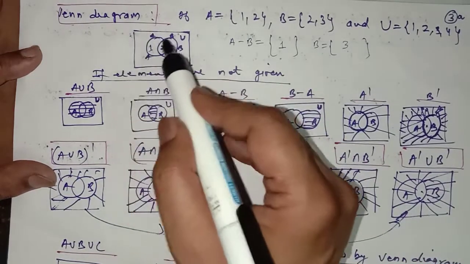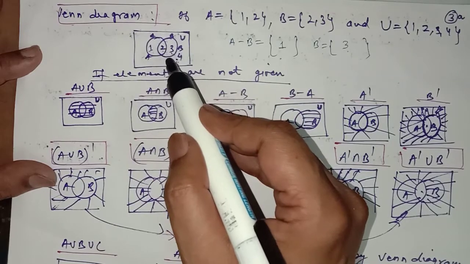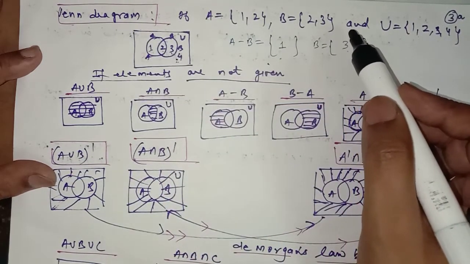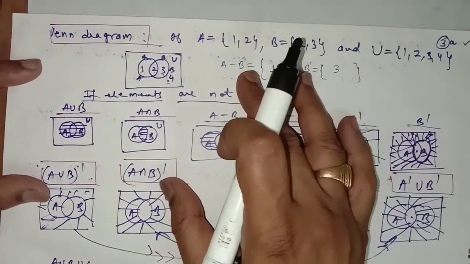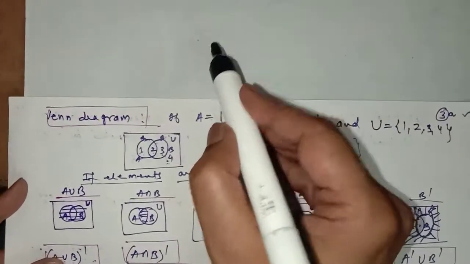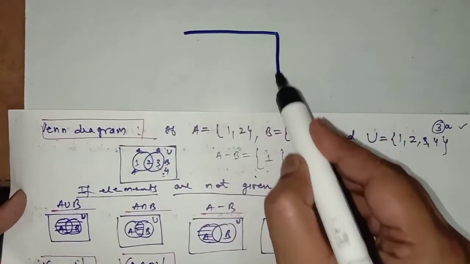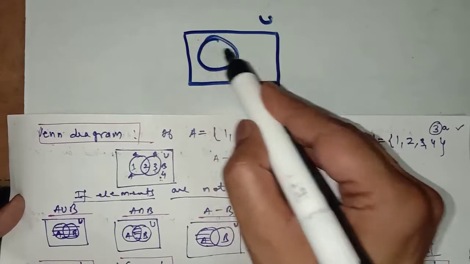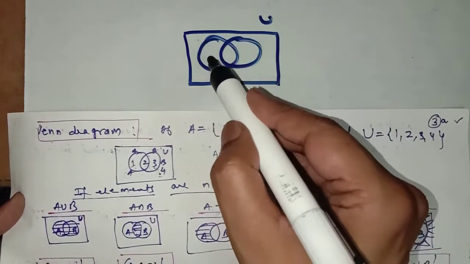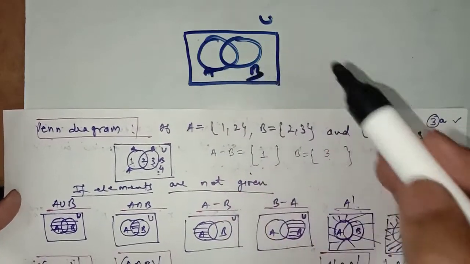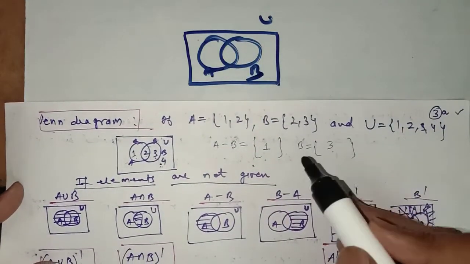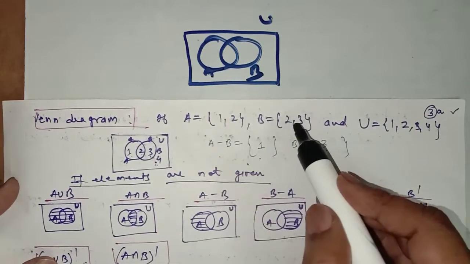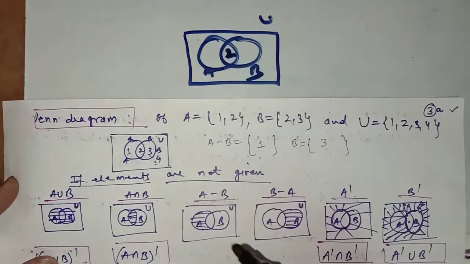Now how can we represent the sets in the Venn diagram when we have the exact elements in the given sets? Let us take how you can make it. Suppose we are representing the universal set by this rectangle, and these two sets A and B. This is A and this is set B, and you have to write the elements in it. First of all, you write those elements which are common to both. Which element is common to both? 2. So you can write 2 here.